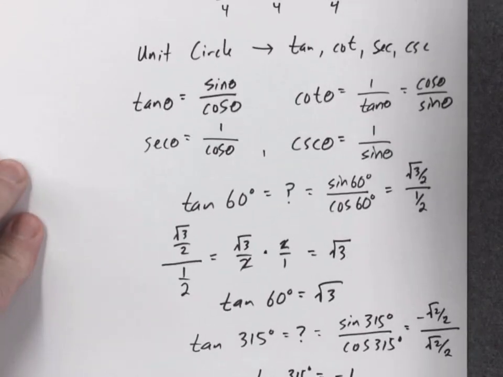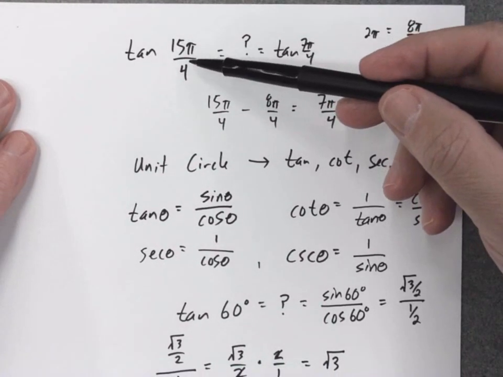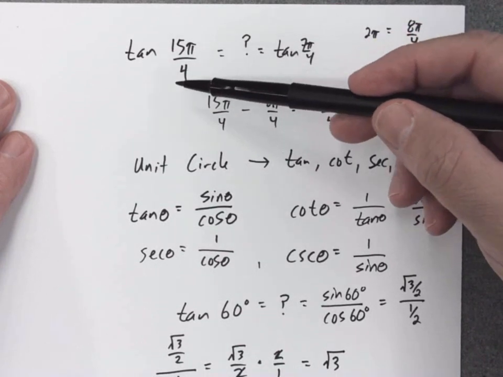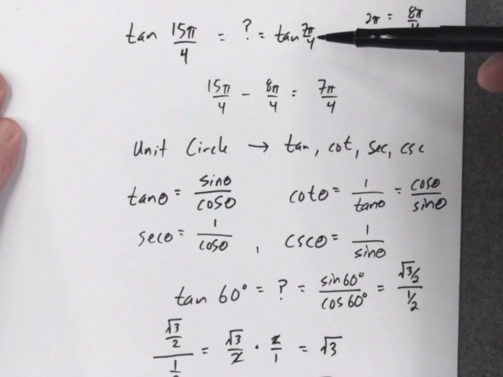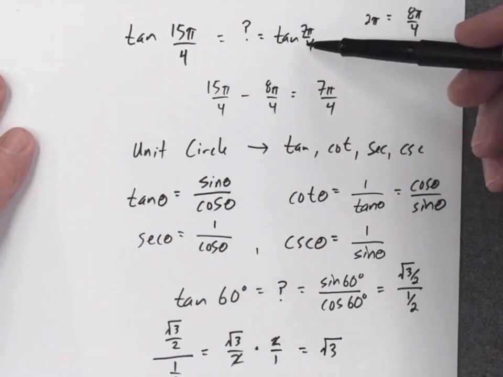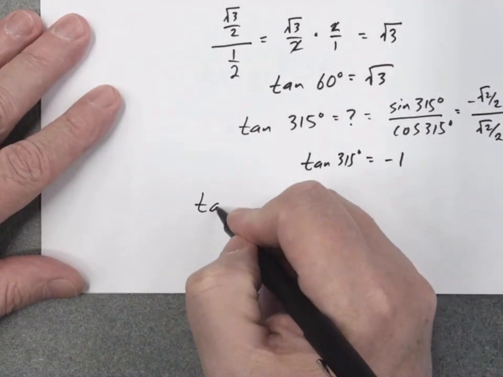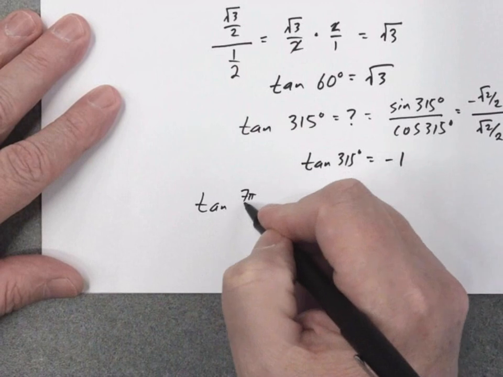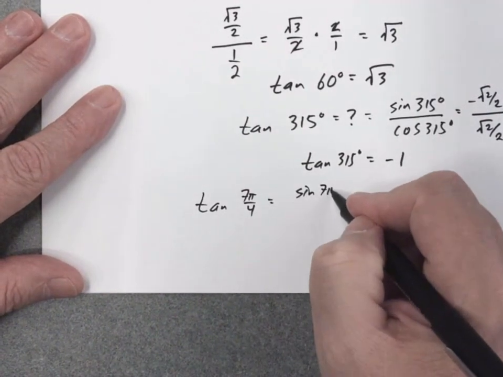So now I go back to the original problem, way at the top. We started with tangent of 15 pi over 4. This angle is not in the unit circle, so I found the coterminal angle 7 pi over 4. So now we're at tangent of 7 pi over 4. So now we know how to handle and use the unit circle